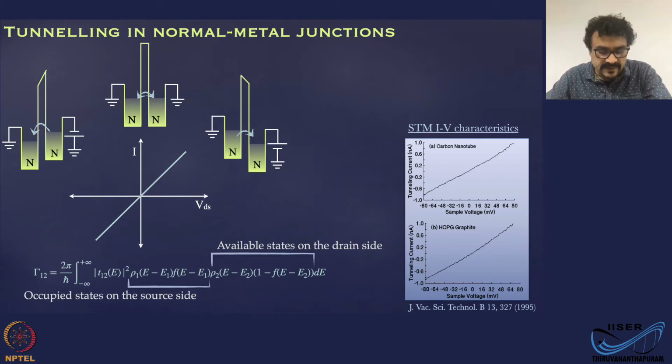Now, let's look at the case of two normal metals connected by the tunnel barrier. When the voltage is zero, of course, there are a few levels which can donate electrons on this side, and a few levels here which can donate electrons on the other side. But these are activated by temperature. So this tunneling is basically back and forth. Of course, at very low temperature, this tunneling is not going to happen. But the net current will be zero.